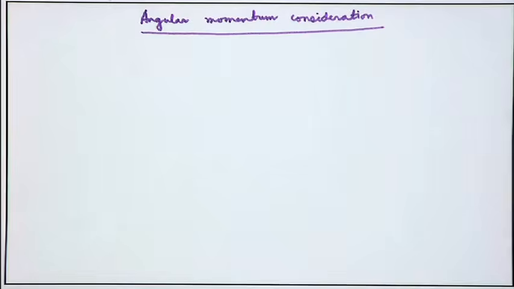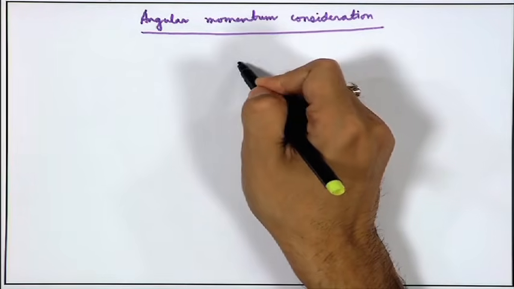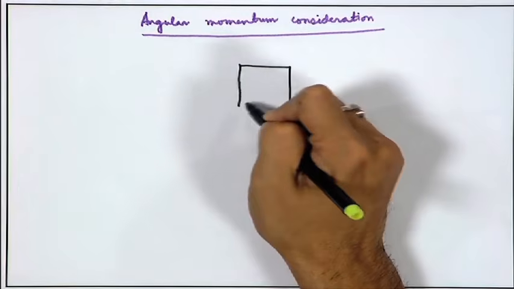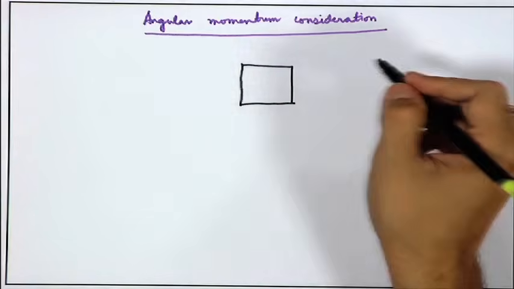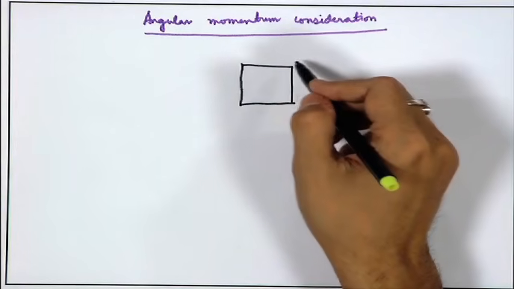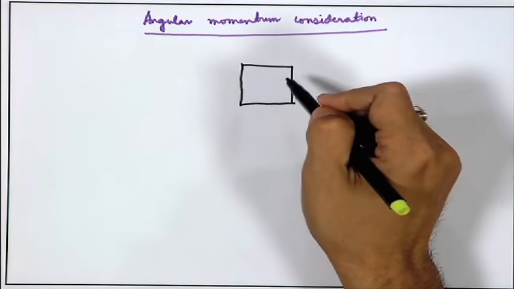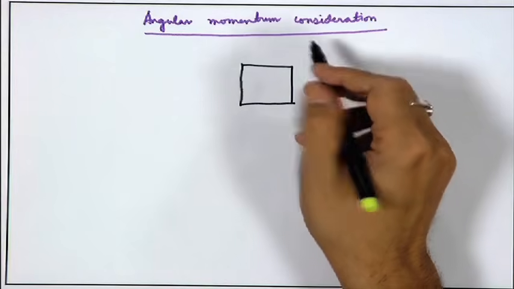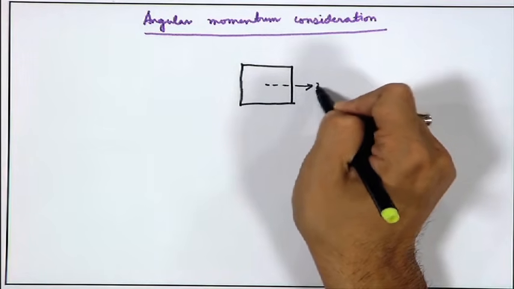So, we can isolate these effects and consider one at a time. So, we can consider for example rotation with respect to the z axis or x3 axis. Then it is important that we consider only the forces which are there in the xy plane or x1 x2 plane. So, let us say this is the x1 axis